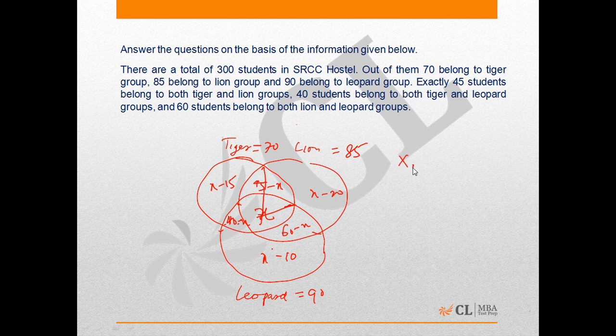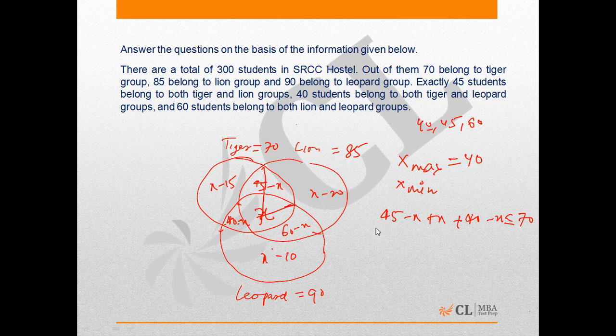Maximum possible value of X will be minimum of 40, 45 and 60, and it is 40, so maximum value of X is 40. Now find the minimum value of X. For this, we need to take care of certain things, and first thing, that is the sum of 45 minus X plus X plus 40 minus X has to be less or equal to 70,